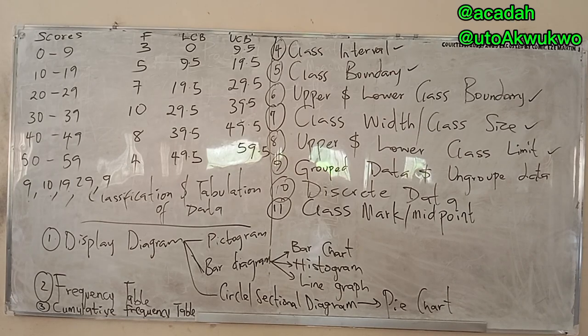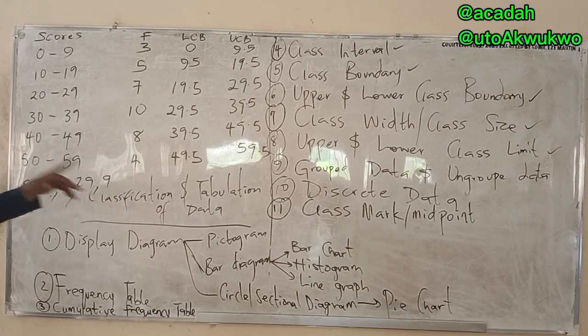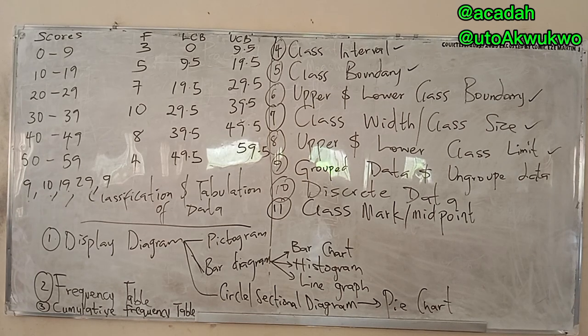So if you know that, it simply means that everything there is to grouped data, you understand it. We're going to be treating this as grouped data when we are drawing because we have a class for it. But actually they gave it to us just like that without a class, so it's ungrouped data. Now discrete simply means when I don't know the next thing to come after a value, that is discrete data. See what I mean?